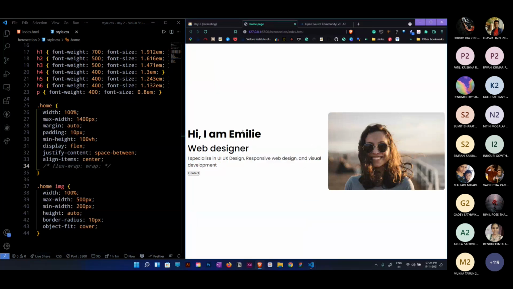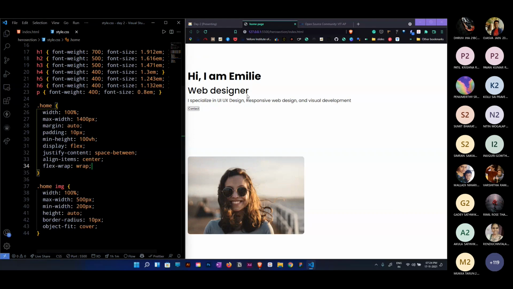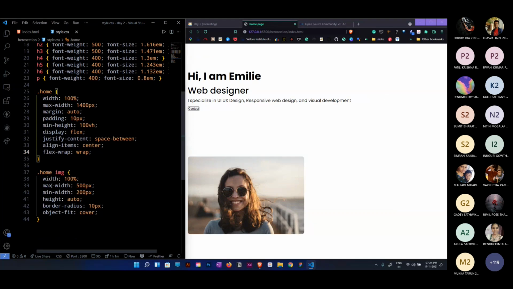Okay, you are observing right. I think you're getting what I'm doing over here. When I remove the wrap, it just came up. When I applied the wrap, the above content is taking 100%. And what I have done is I have just mentioned a minimum width. Minimum width of the image is 200 pixels. I don't want to see my image less than 200 pixels and greater than 500 pixels. I don't want my image to be that long. I don't want my image to be that short.